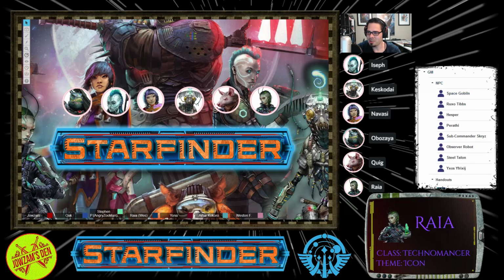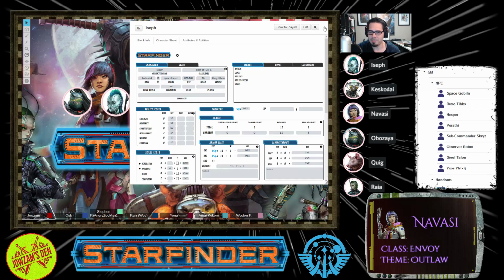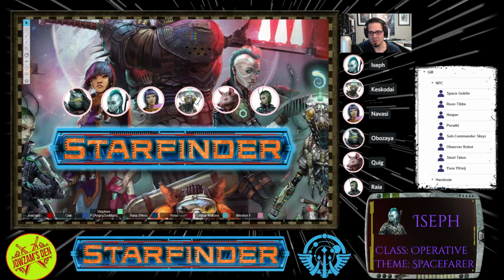Did the last character say what they were? Operative? Yeah, operative. Okay, AKA like rogue. Yeah. I tried to work it in with the background. Yeah. Spell it out for everybody. Fair. Next, we will do